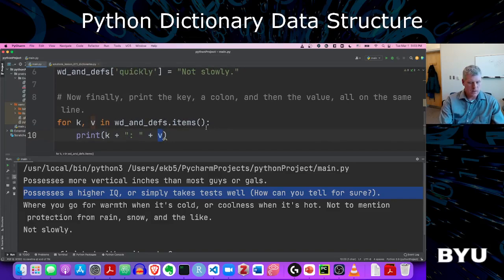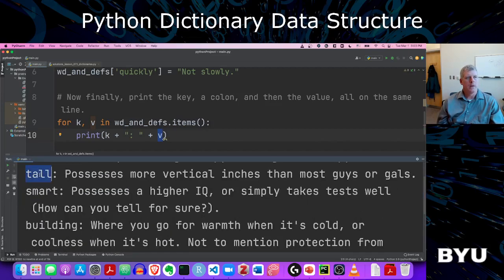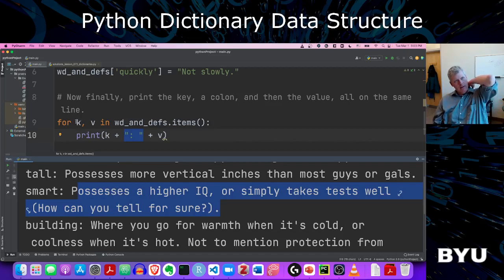So now if I run it, keyboard shortcut, I should have the key, a colon, and a space, because I asked for it right there, and then the value. And then the next one: key, smart, colon, space, and then the value. So if that's a little weird or wonky,